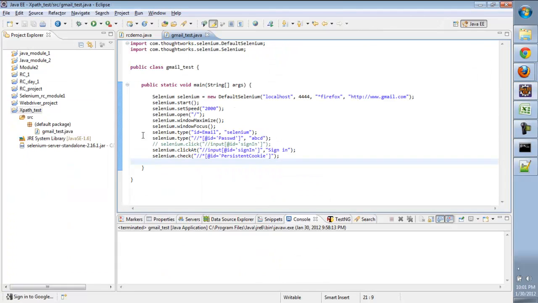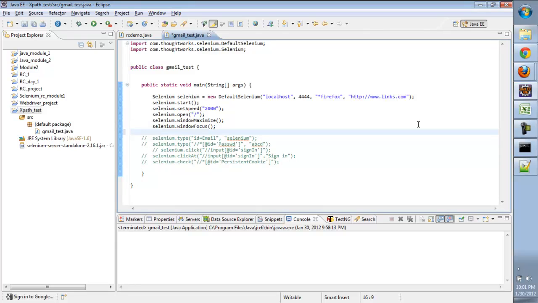We'll comment out this code and change the website name to, let's say, links.com. We'll extract all the link IDs from this website, and for that, what we're going to write,